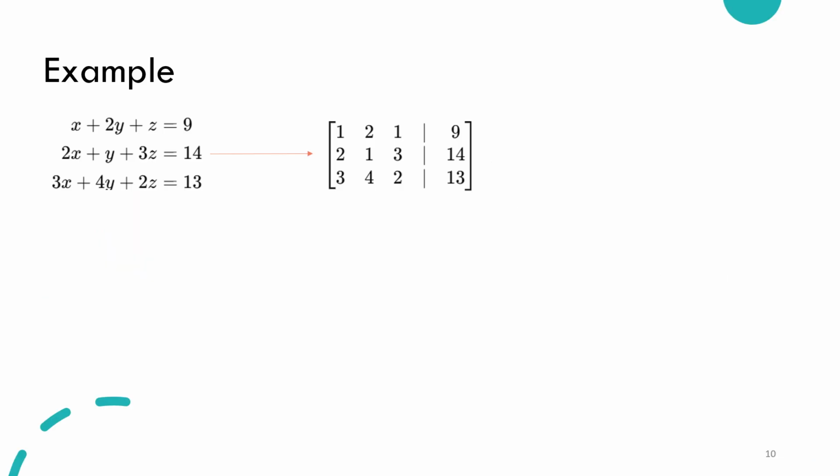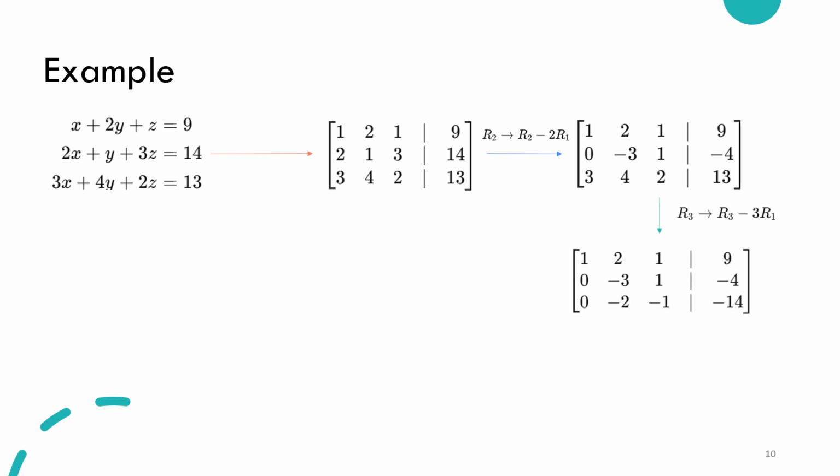Here is an example of solving linear equations by Gaussian elimination. First, the linear equations are converted into a matrix and then Gaussian elimination is started. For the first step, the first row is kept the same because it already has 1 as the leading entry, so the second row is focused on. 2 times the first row is taken away from the second row to give a 0 in the first position. For the second step, 3 times the first row is taken from the third row to also give a 0 in the first position. Then the second and the third rows are swapped, leading to the next step,